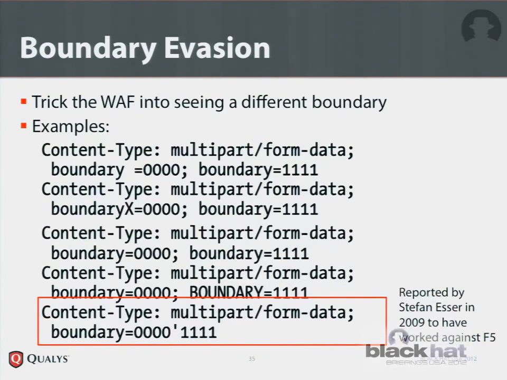the basic principle is the same here. You supply 2 boundary values, and you have one boundary value for PHP, and then you have the other boundary value for the WAF. And depending on exactly how the WAF will handle it, if you encounter a WAF that is not plainly rejecting any content type string that contains more than one boundary, chances are it will be vulnerable. Because then you only have to find if it will recognize the first or the second boundary that you plant, and then you just have to work out how to make PHP happy, and then you're done with your evasion.